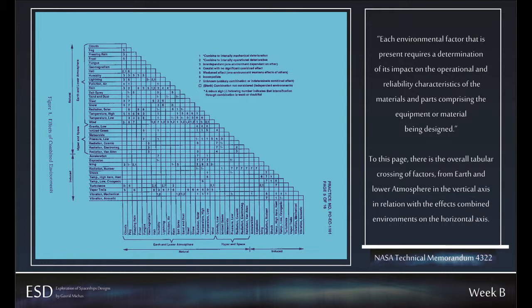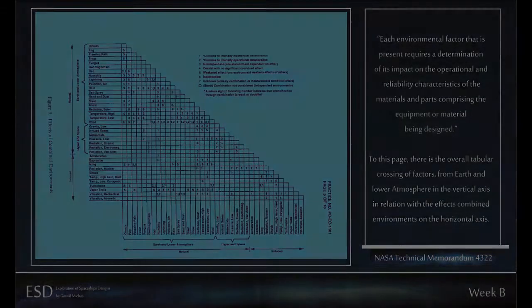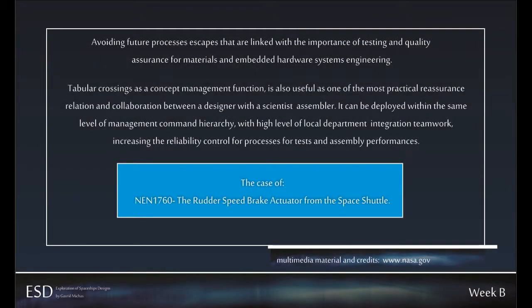On this page, there is the overall tabular crossing of factors, from Earth and lower atmosphere on the vertical axis, in relation with the effects of combined environments on the horizontal axis. Avoiding future process escapes that are linked with the importance of testing and quality assurance for materials and embedded hardware